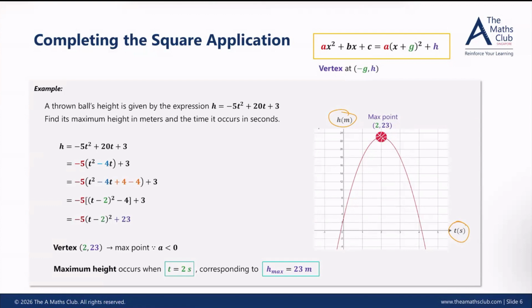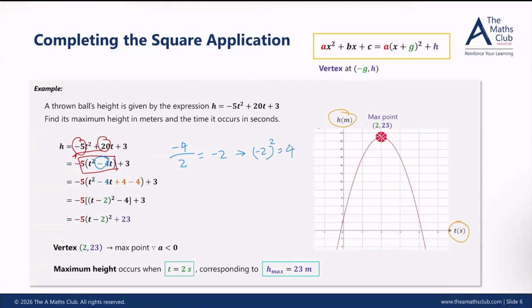This is a classic or standard completing the square application question. The first step is you take out the 5 from every single variable with t. And once you factorize out the 5, you end up with this expression within the brackets. Next, you take the coefficient of t, which is given by minus 4. You halve it. That gives you minus 2. And then square it